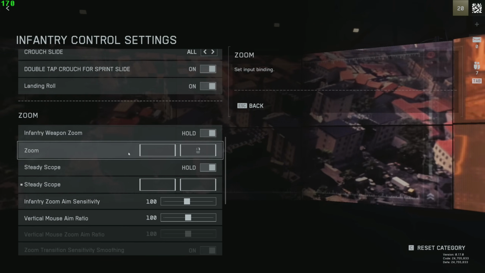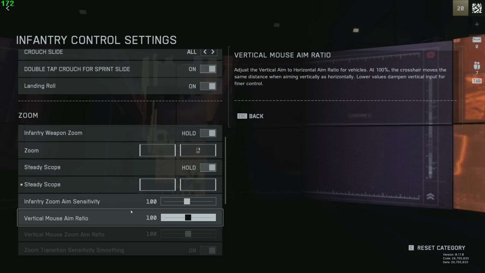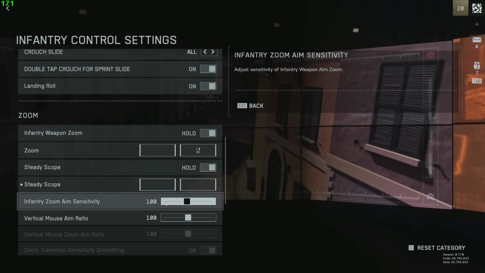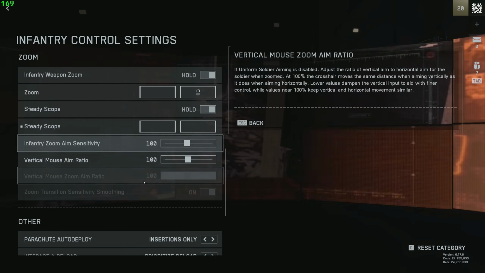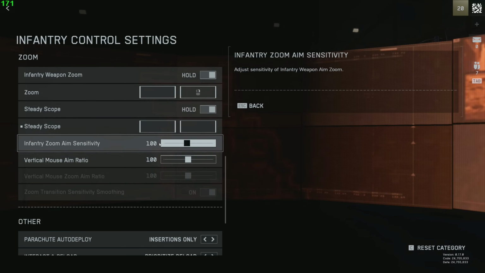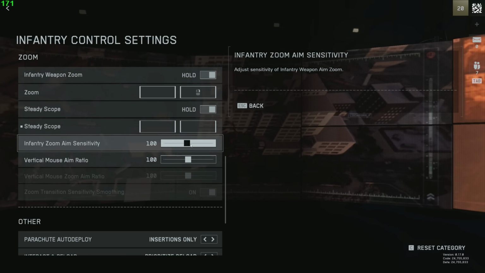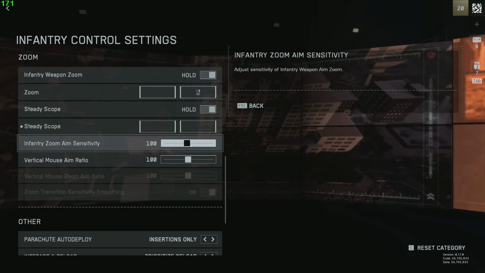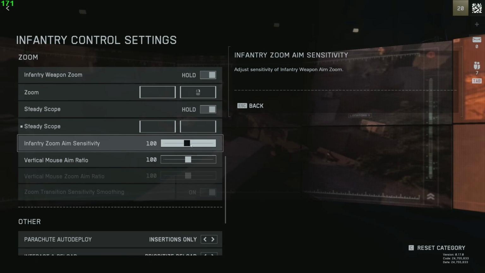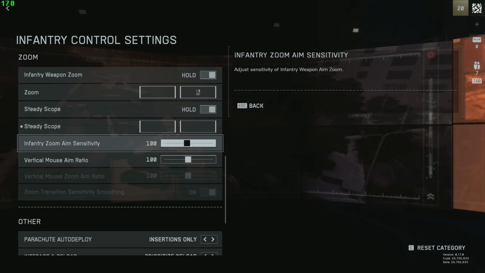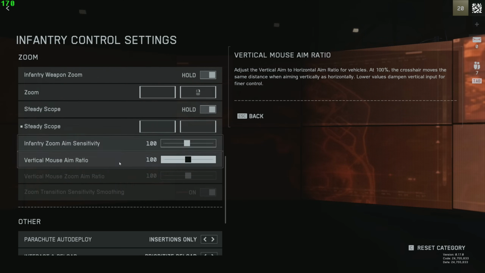Infantry zoom, steady scope, infantry zoom sensitivity. So this is your ADS speed, and this is where you would alter it. At 100, that should be 32 centimeters for a 3.6 for my sensitivity. It should be exactly the same as your hip fire in ADS, and then 100 would be that vertical mouse aim ratio. I would leave this